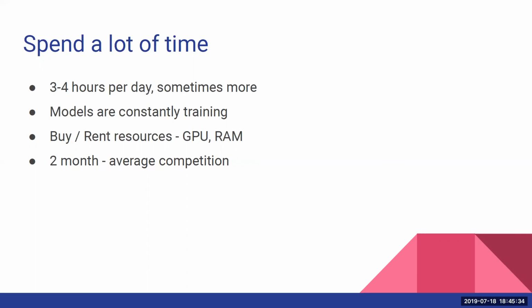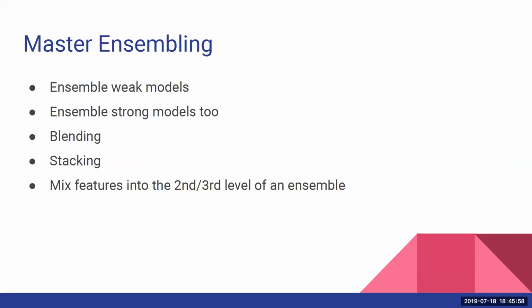Like in case you want to try, for example, one model but with different hyperparameters. You never know which of them work. You just try, and it's going to be much faster. And as I mentioned, the average competition lasts about 2 months. So that's a lot of time. It's not for all of us, but for some.